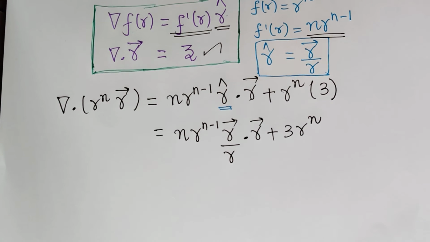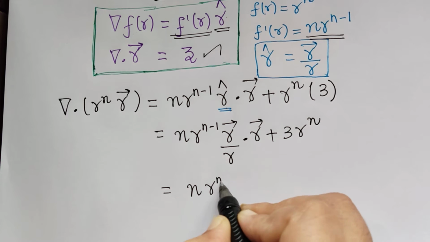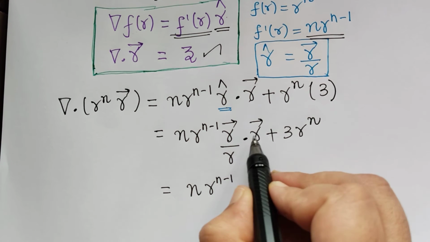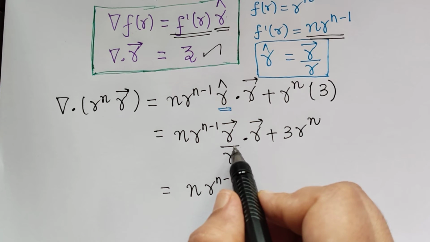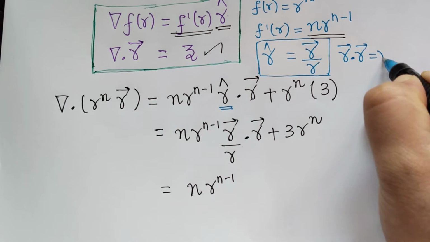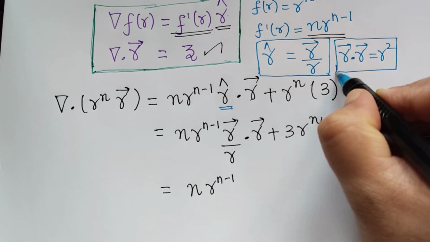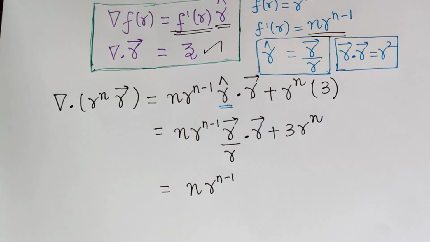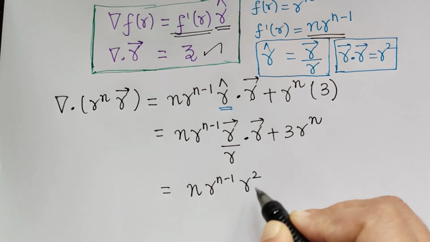Now further simplifying, this will be equal to n r to the power n minus 1. What is r vector dot r vector? It is equal to r square. So remember, r vector dot r vector is equal to r square. This also we have seen previously. It's a vector identity. So applying that, what we get here is r vector dot r vector is r square